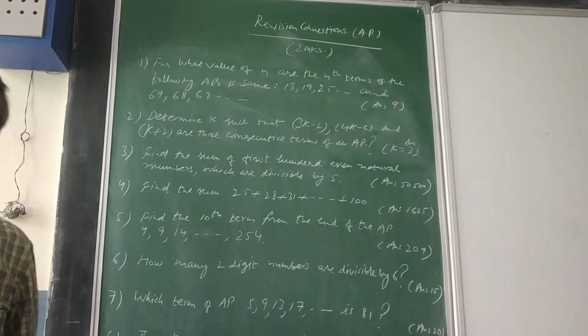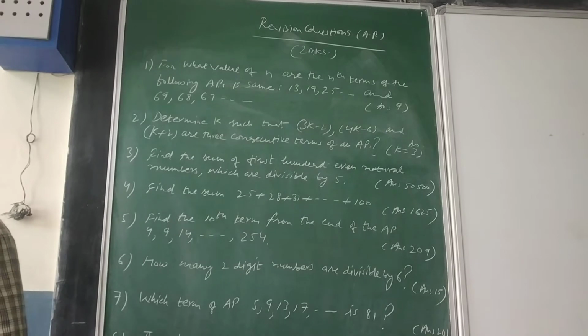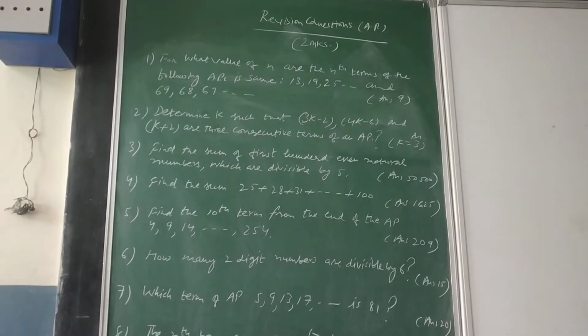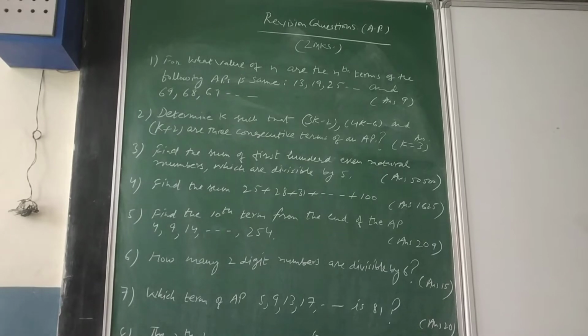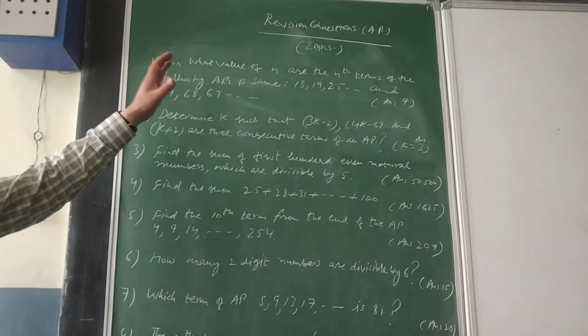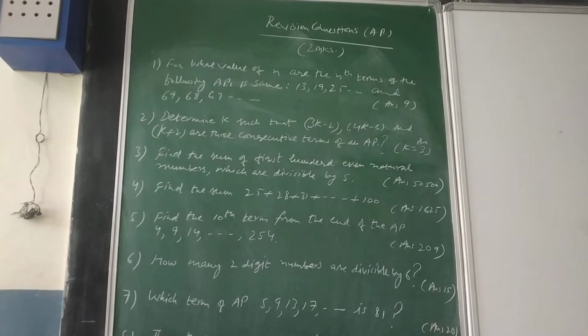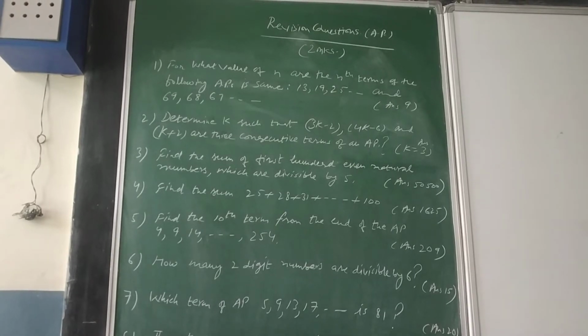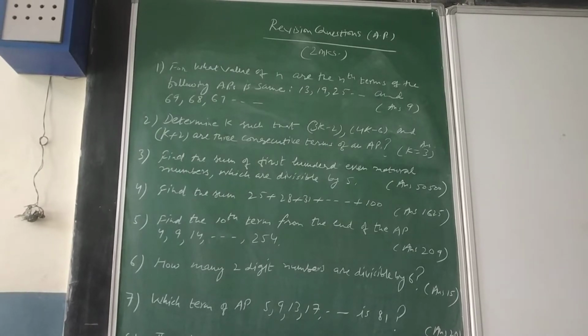So onwards today we will be starting our revision. Please keep your blueprint with you while you are sitting for revision, which was given to you. I will be taking the set of revision from the same topic which I finished yesterday, that is arithmetic progressions. If you check your blueprint, in AP you are getting 4 questions.